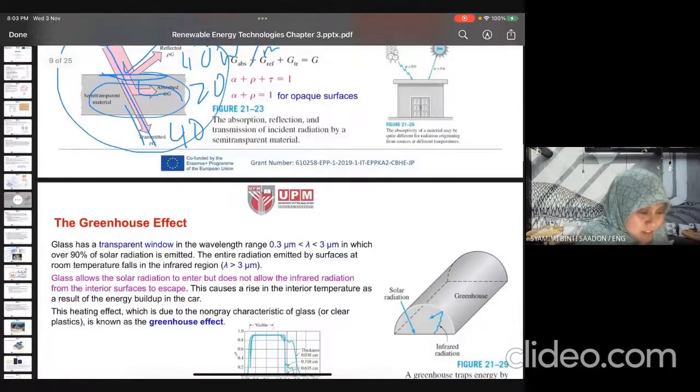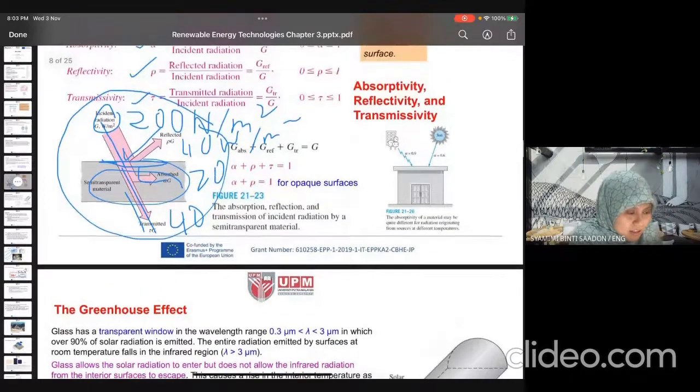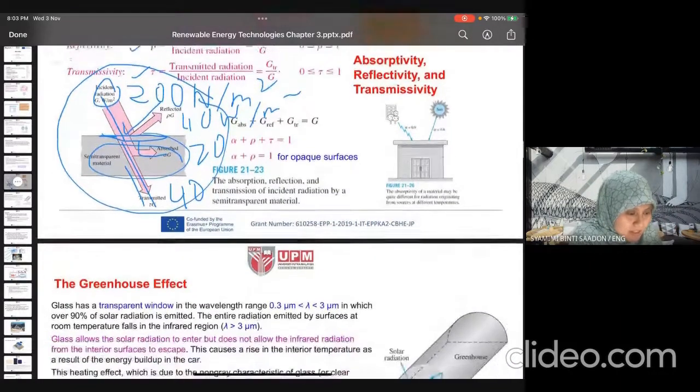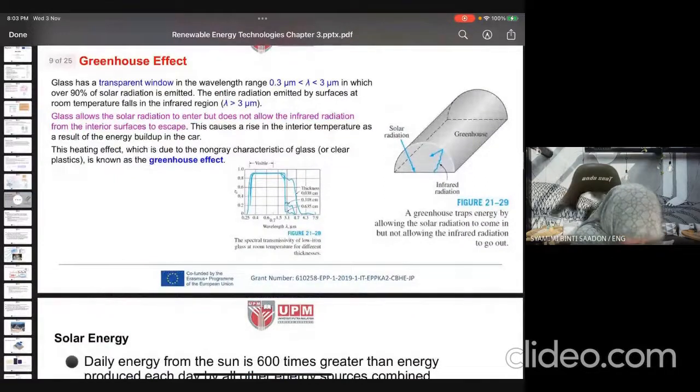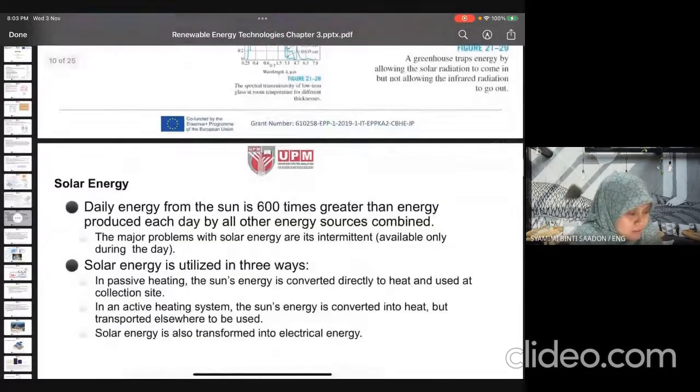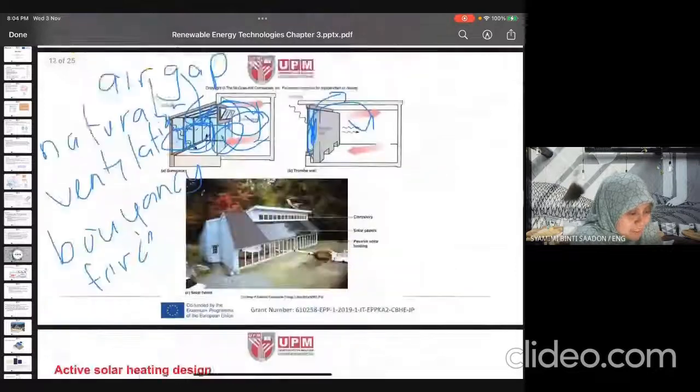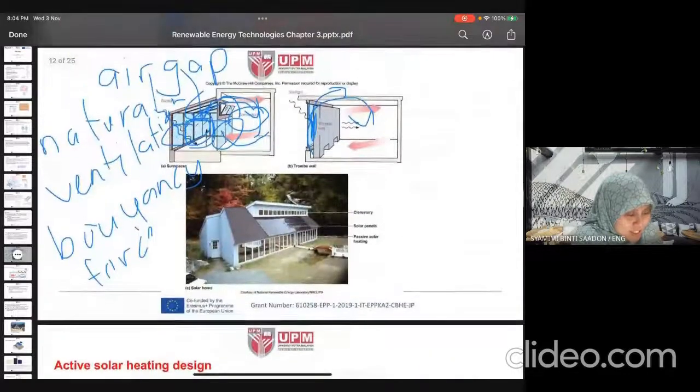So each glass material usually has different parameters: absorptivity, reflectivity, and transmissivity. And the greenhouse effect also, solar energy. And then I explained just now about